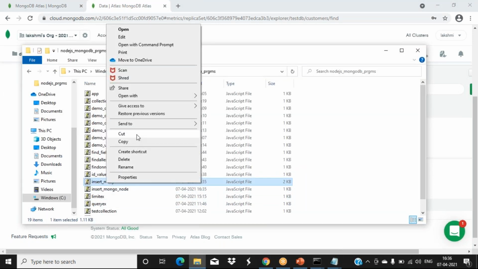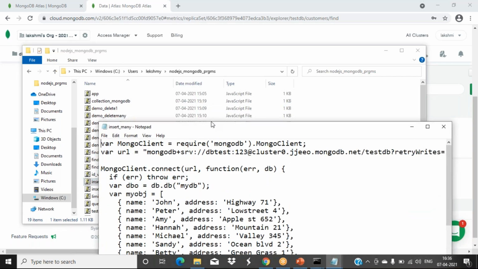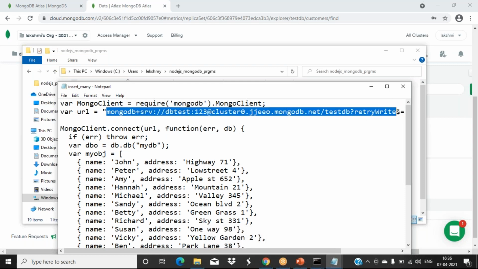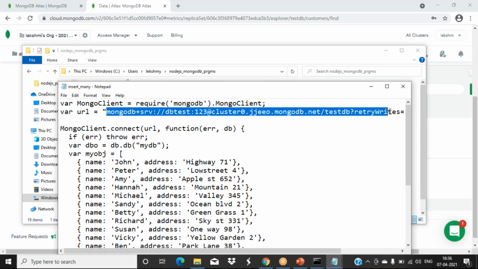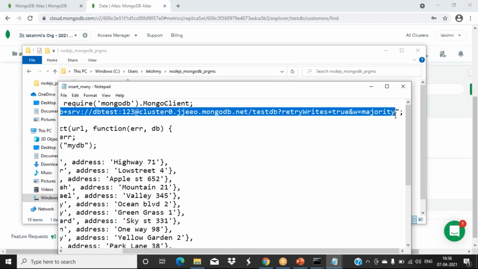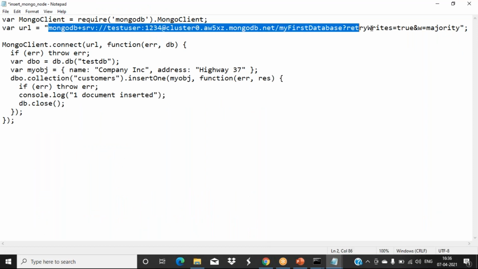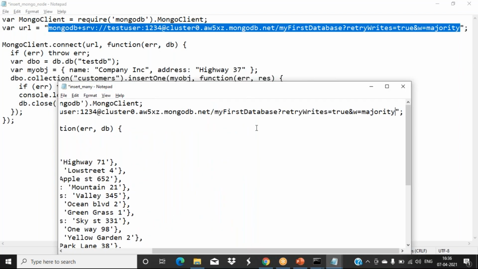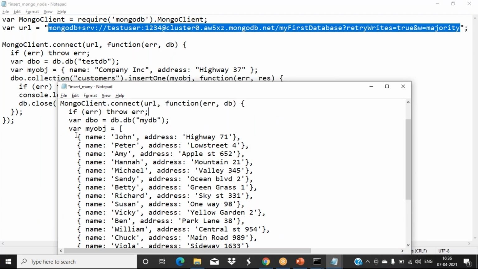Now we have how to insert many values. Same steps, but here we created multiple object values in an array.